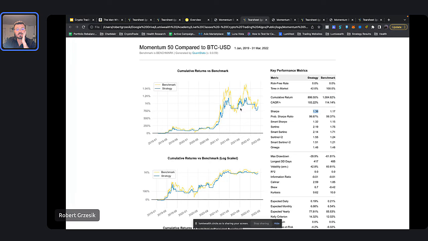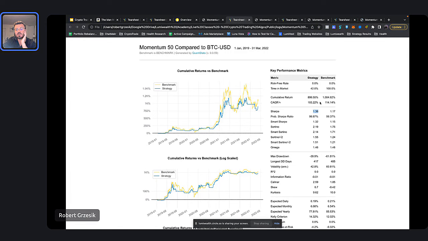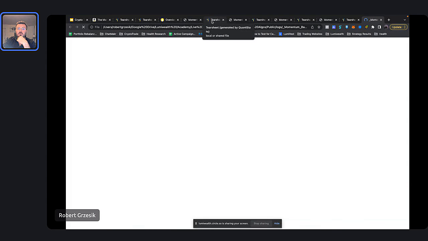What it basically does is it only invests in Bitcoin when things are going up over the past 50 days. If it's not going up, it exits automatically, right? So it kind of protects you from those big losses, right? But this is for a 50-day period, right? We see the Sharpe ratio, we see the returns, right? You see how more and more of this is coming in. There you go. That's all that.